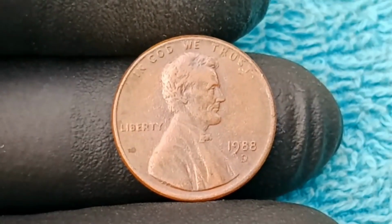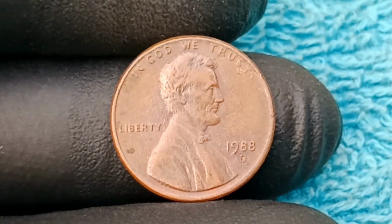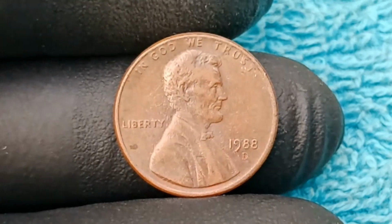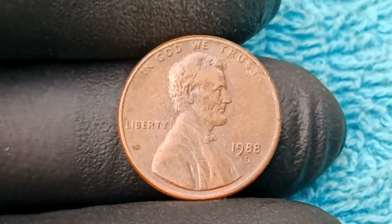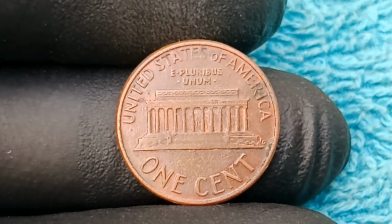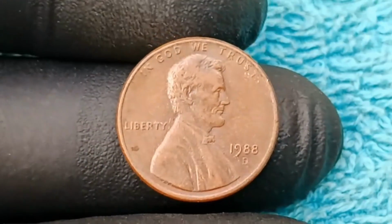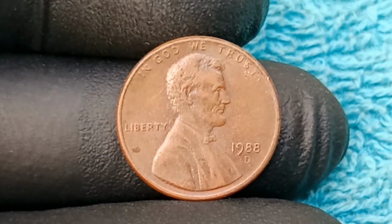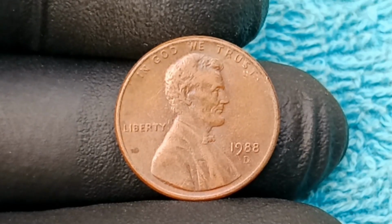Next, 1988 1-cent USA coin. Have you ever thought that a tiny 1-cent coin from 1988, the 1988 Lincoln cent minted in Denver, could one day become one of the most astonishing and expensive pieces of American numismatic history, now valued at an unbelievable $284 million, turning an ordinary copper-plated zinc coin into a legendary artifact that continues to captivate collectors, investors, and historians across